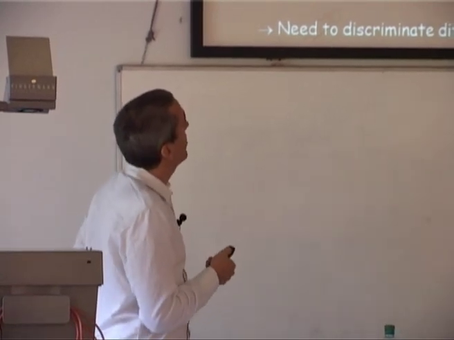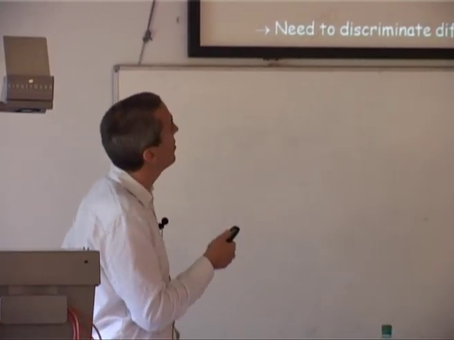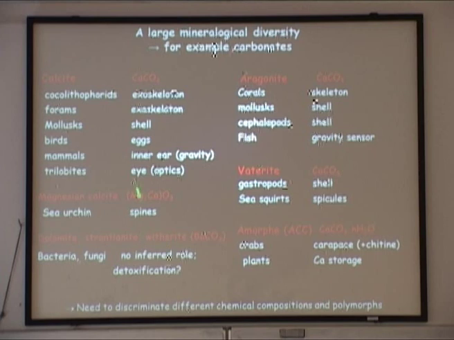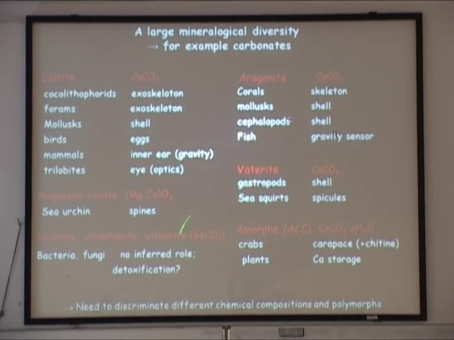Second need we have is the following. This is a list showing some carbonate minerals that can be produced by life. And what you can see is that there are different types of carbonate minerals that can be formed by organisms, like calcite, aragonite, magnesian calcite, dolomite, strontianite, witherite, and so on and so on. So it's almost the same chemical composition. You have different polymorphs, but different structures. Some are well crystallized, some are amorphous, some have a different chemical